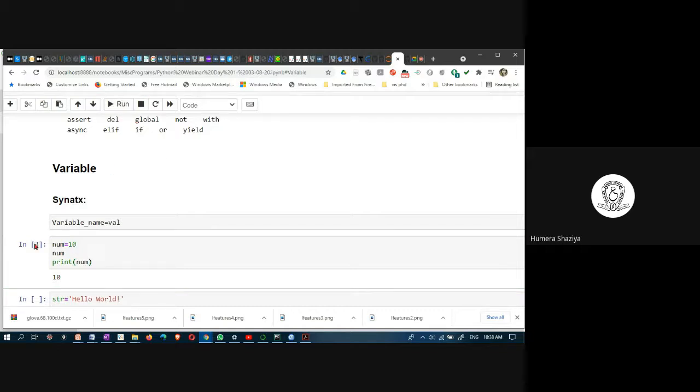Again, I am running. You observe here. Now it got 3. And you see here, we are getting 10 only once. Why not twice? Because this num will be executed and its value printed only if it is the last statement. If there is any other statement following it, it will not execute. It is like not having anything. That's why you are getting print num only once.